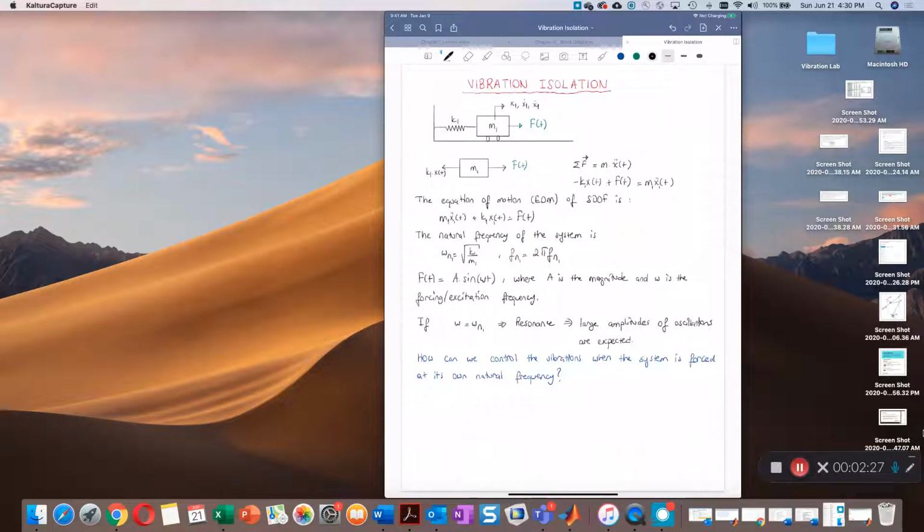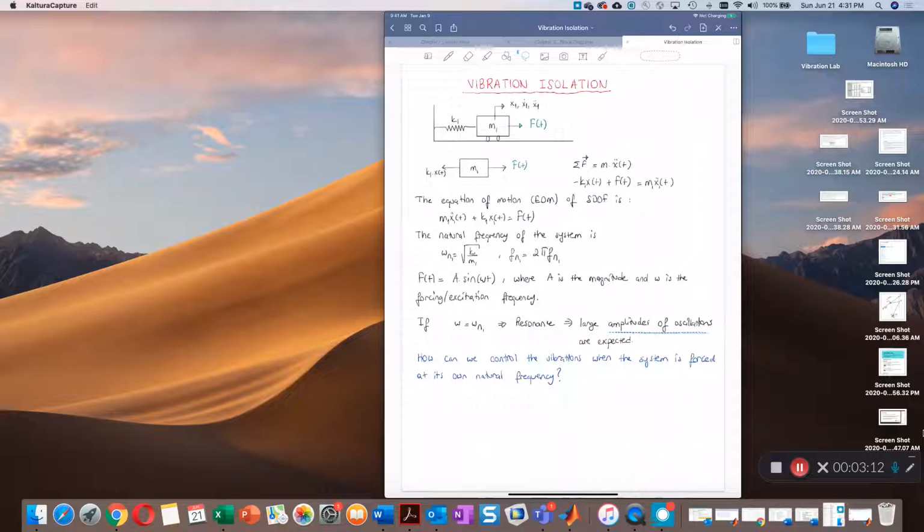Assume that this implemented force is equal to A times sine omega t. You can select a step signal, a harmonic signal, or a ramp signal, but let's say your force is harmonic. You're applying a harmonic force to the system, where A is the amplitude, the magnitude of the force, and omega is what you can call either the forcing frequency or the excitation frequency. If this forcing frequency becomes equal to the natural frequency of the system, please remember we call this phenomenon resonance, so we will expect